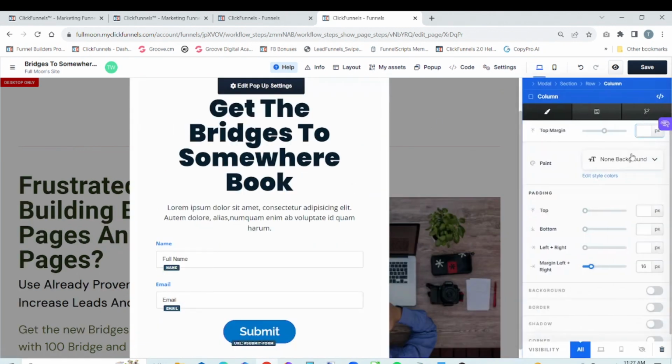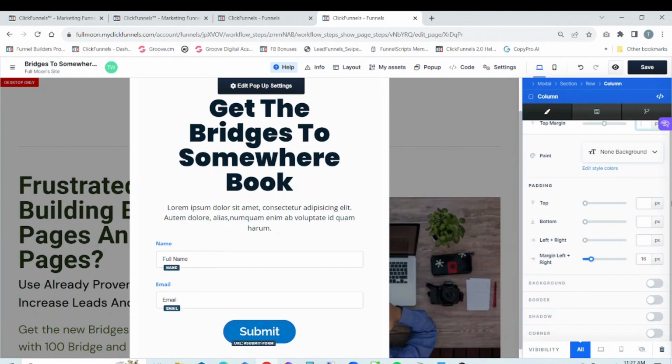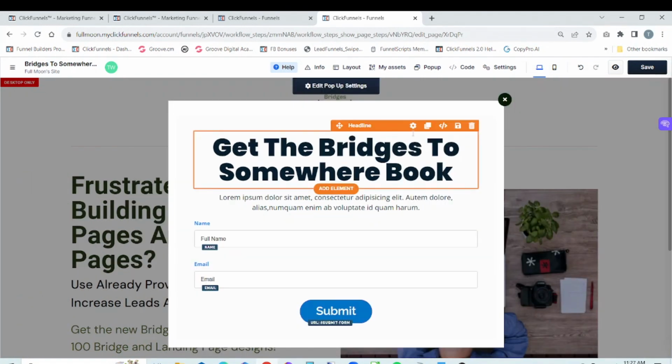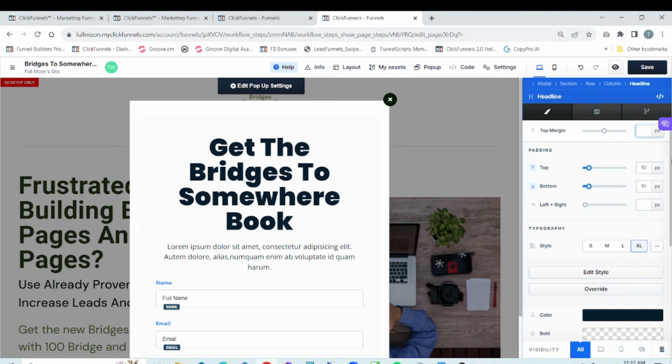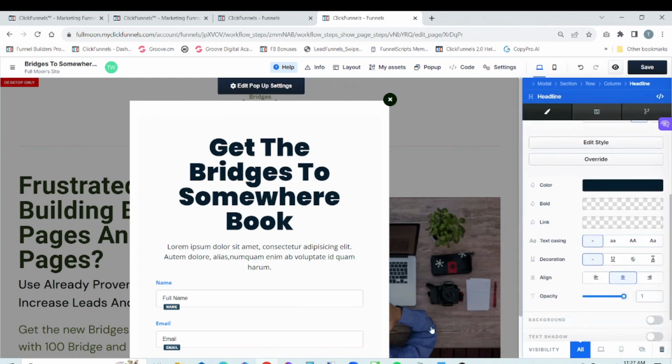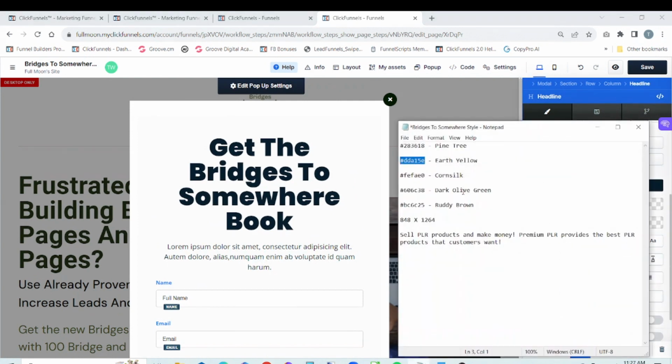And then we're in the column, not the headline. Alright, now we're there. Again, we're going to go for our pine tree color,